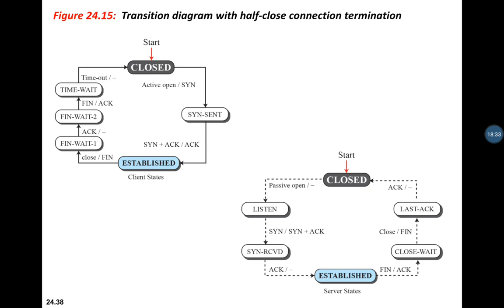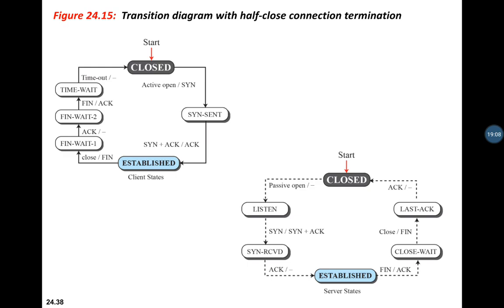Similarly, with respect to the server, one more figure. The server also issues a passive open command. Server TCP goes to the listen state. You can see in the figure, to the left side, it is a listen state. It remains there until it receives a SYN segment. TCP then sends a SYN plus acknowledgement segment, goes to the SYN-received state, waiting for the client to send an acknowledgement. After receiving the acknowledgement segment, TCP goes to the established state where the data transfer takes place.